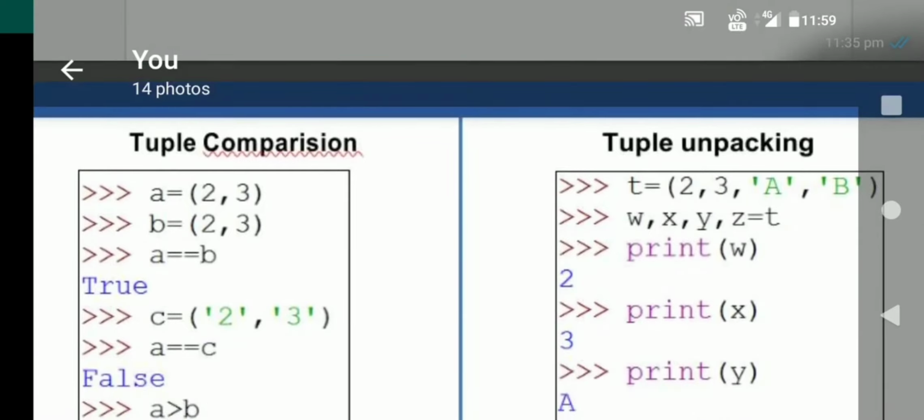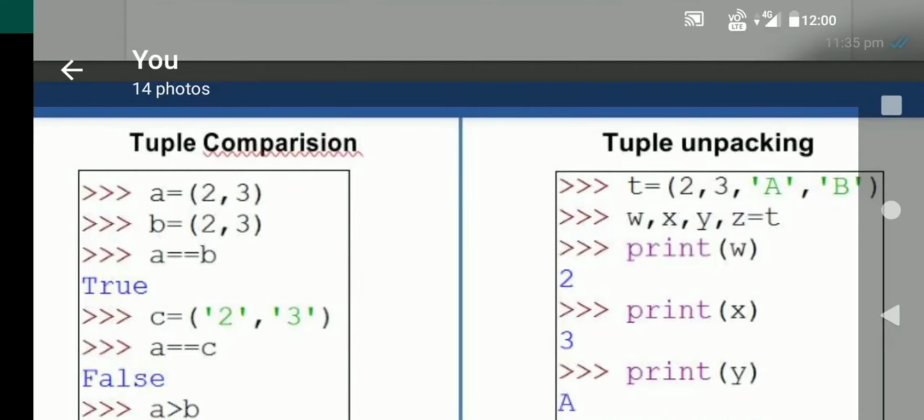Now, tuple unpacking. Unpacking means we have different values in the tuple, and now what we are going to do is transfer all the tuple values into different variables. So unpacking means we are scattering all the values into different variables. Suppose we have a list of the marks of 10 students. We can unpack the tuple so that all the marks will be stored separately in different variables.